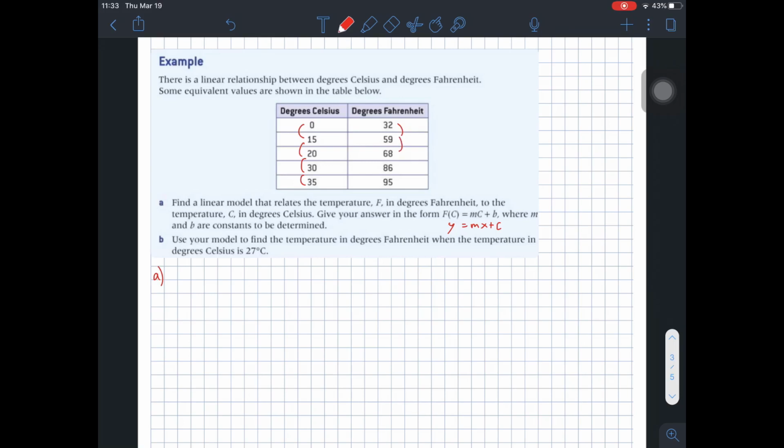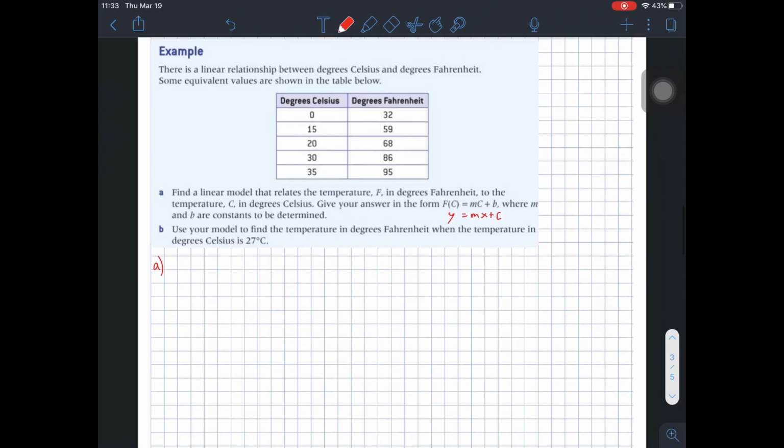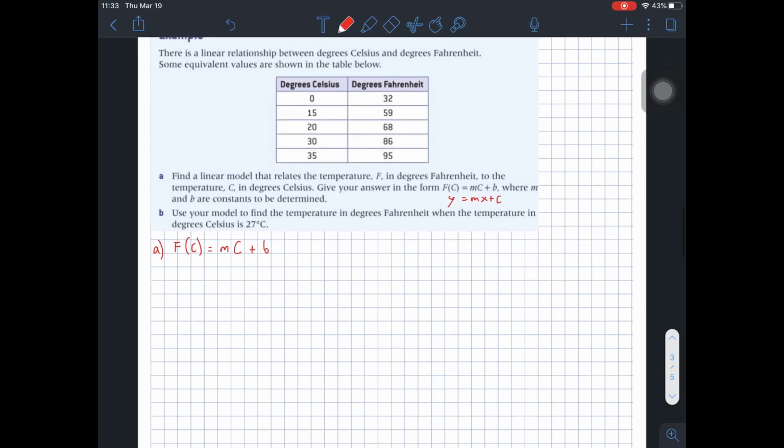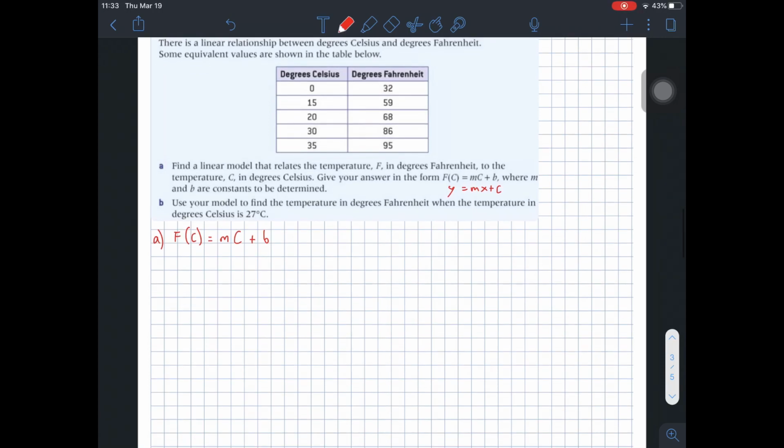We are already given the information that this is a linear relationship, okay? So, if I want to find this equation, f of c equals mc plus b, what should we do first? First of all, we need to determine the slope or the gradient, and then we need to determine the y-intercept, right? In order to determine the slope, remember we have this formula which is also available in the formula booklet